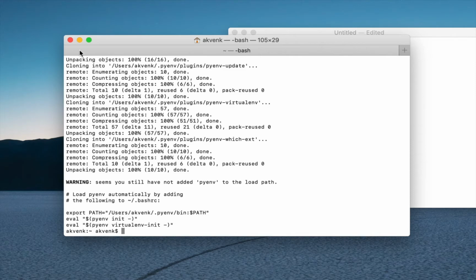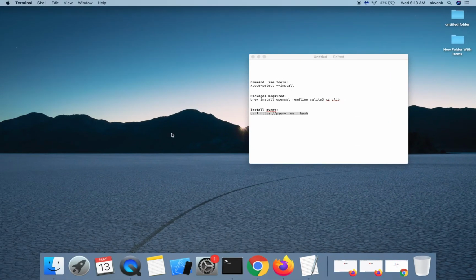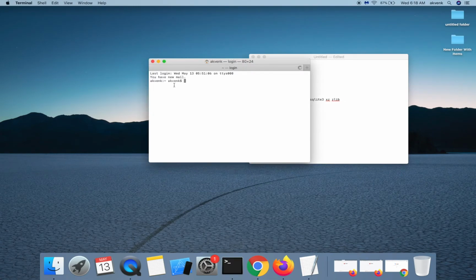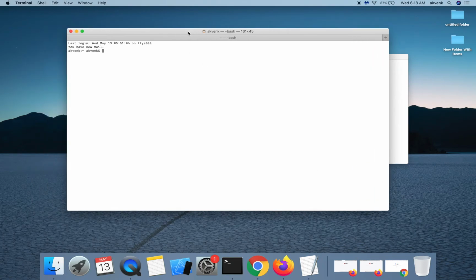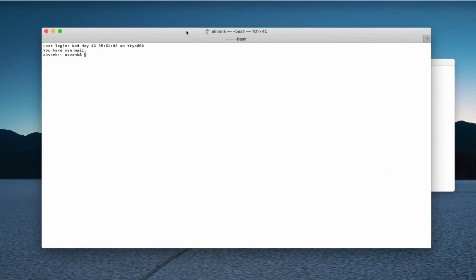Once the installation is completed, restart the terminal. Now if you type pyenv into the terminal,